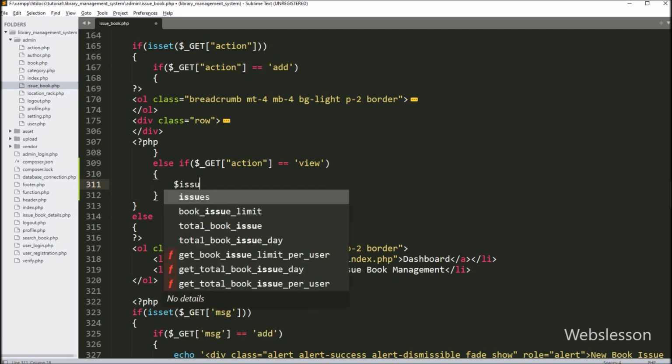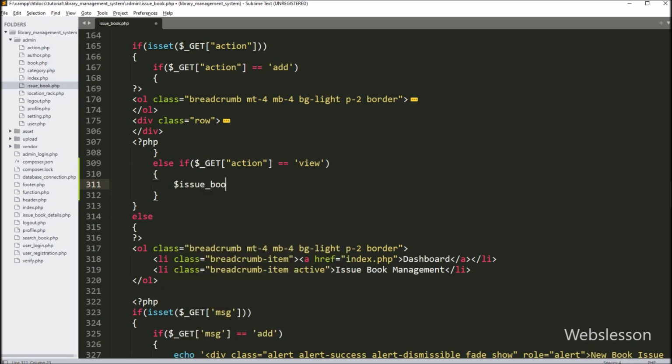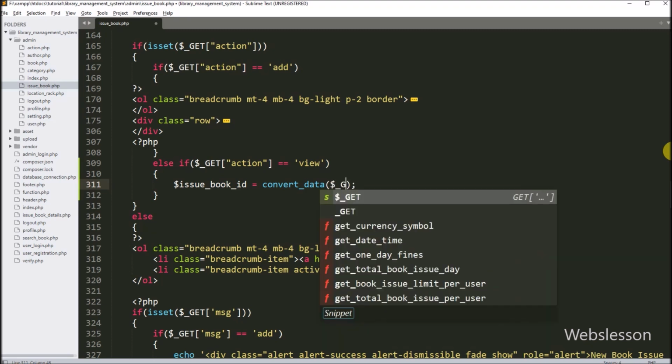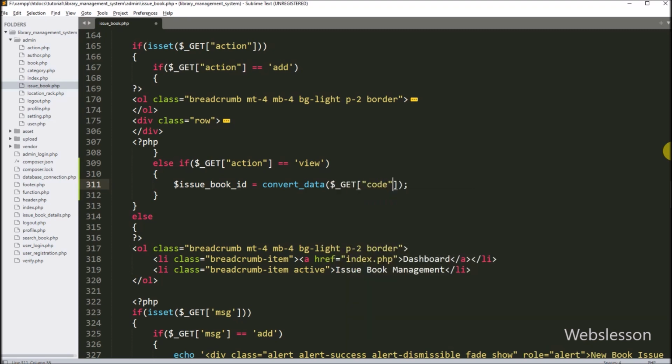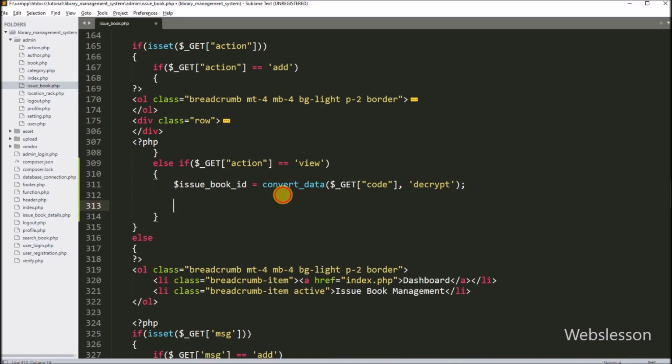So under this block, we have to write $issue book ID is equal to PHP convert data function with two parameter. In first parameter, we have to write $get code variable, and in second parameter, we have to write decrypt. So this function will decrypt data.